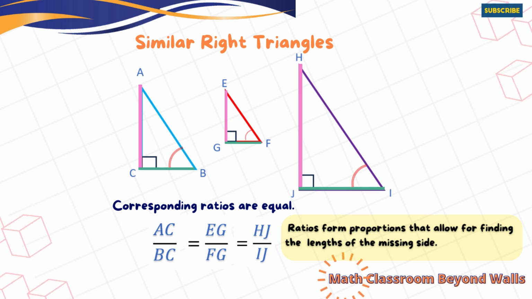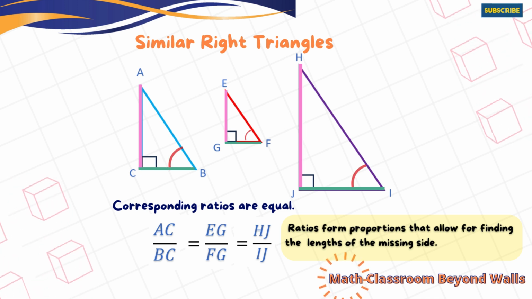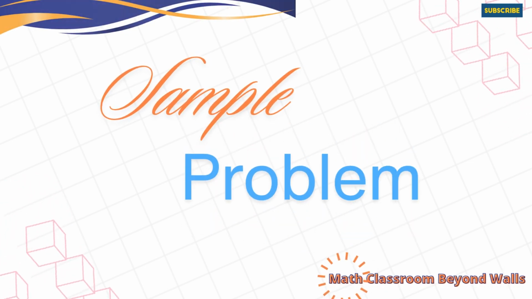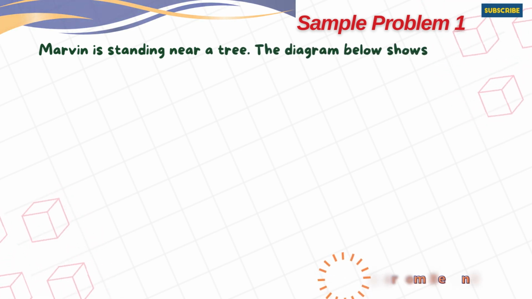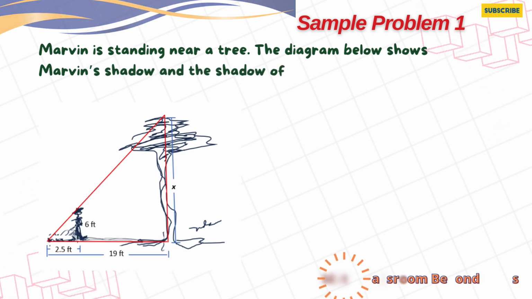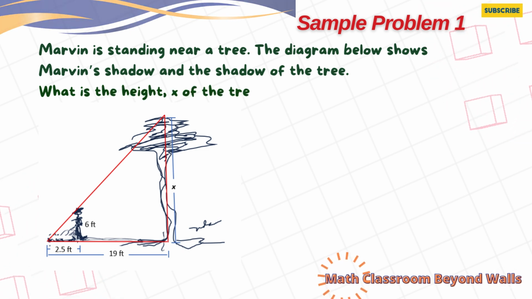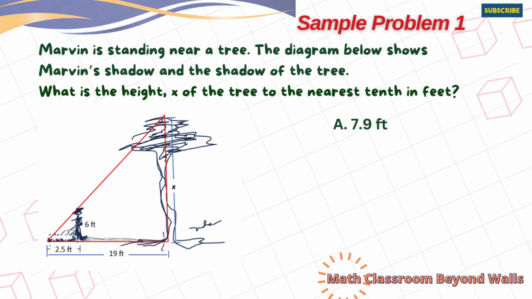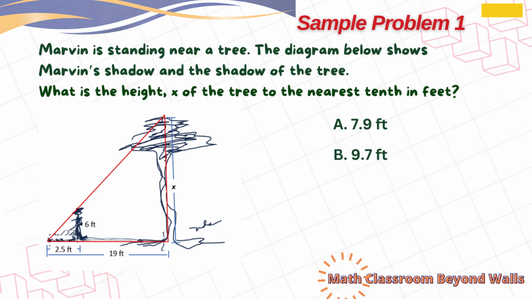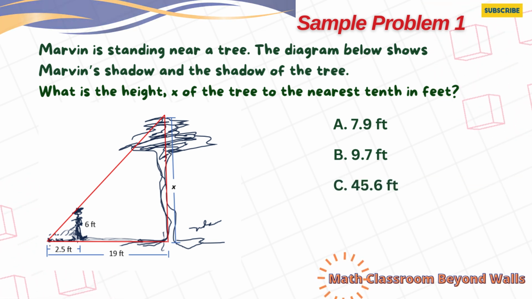Let us work on this sample problem so you will know how to apply this concept in solving a problem. Let's go. Here's the problem. Sample problem 1. Marvin is standing near a tree. The diagram below shows Marvin's shadow and the shadow of the tree. What is the height x of the tree to the nearest tenth in feet? A figure is given. Option A, 7.9 feet. Option B, 9.7 feet. Option C, 45.6 feet. Option D,